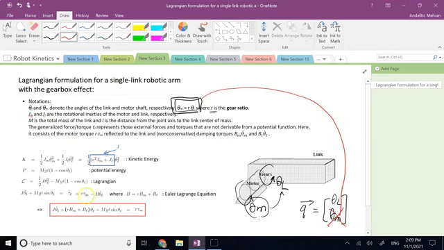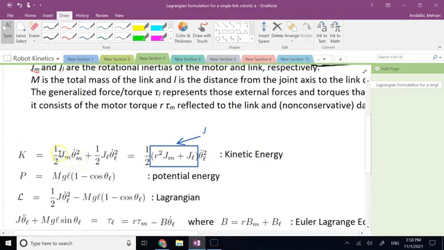Okay, and that way I can get my equations of motion in a simple form. So first, what is kinetic energy? Kinetic energy is due to two parts, and both of them are rotary parts because all I have here is a pure rotation. So it's the term in the motor, right? 1/2 J of the motor times theta dot m of the motor plus 1/2 J of the load times theta dot